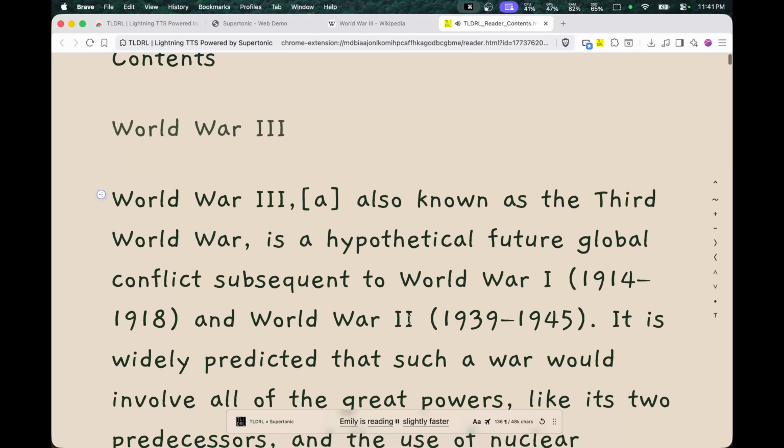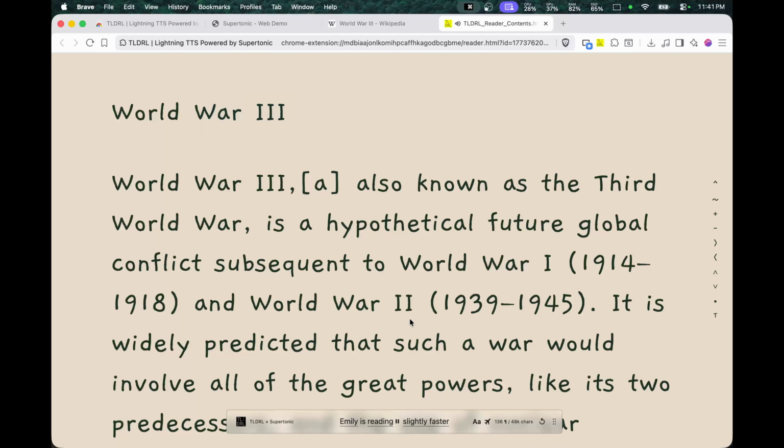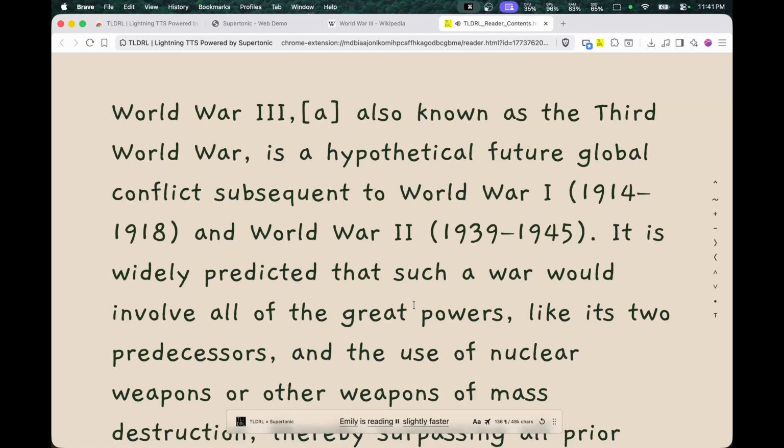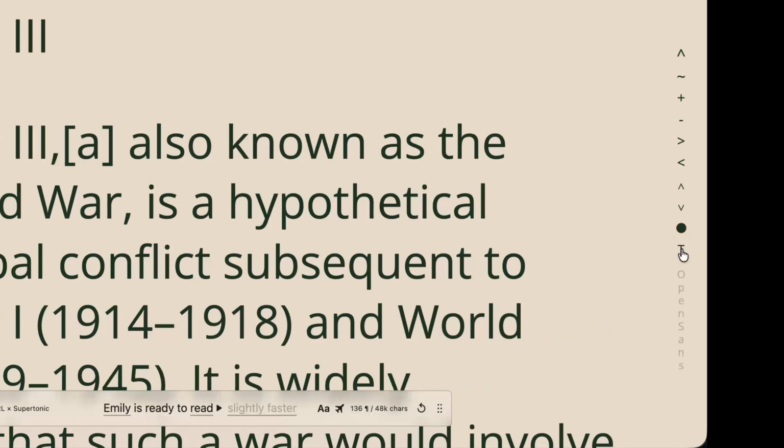Contents. World War III. World War II, also known as the Third World War, is a hypothetical future global We can change many display